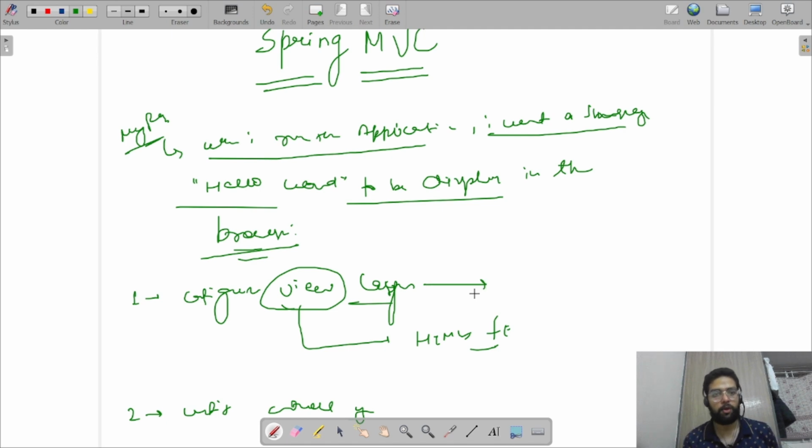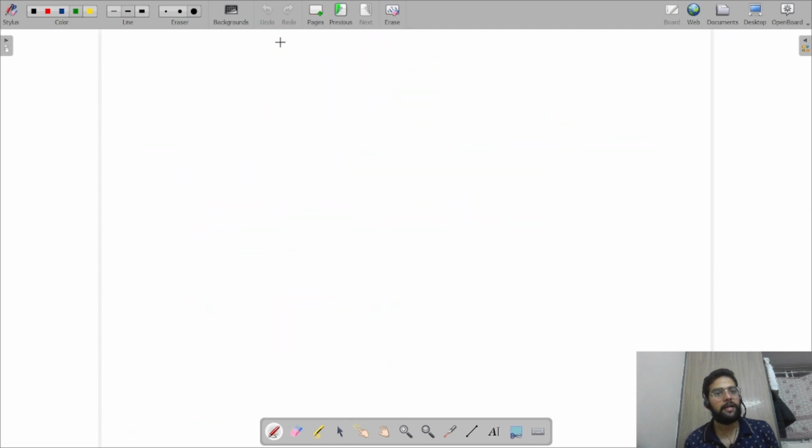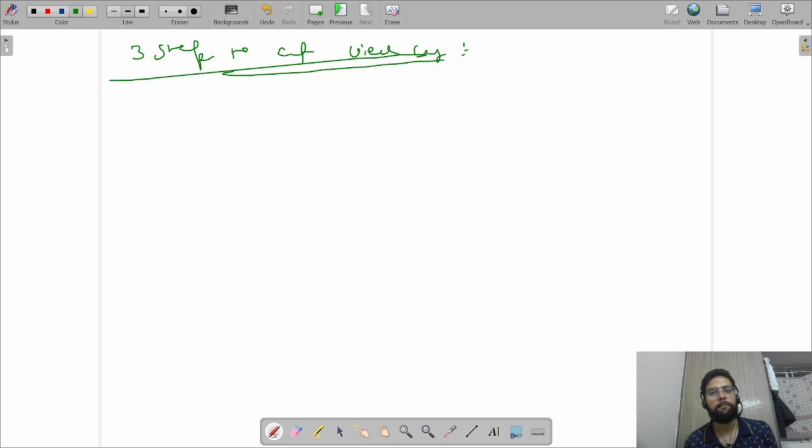Please be focused, because I'm going to show you how we configure our view layer first in a theoretical way, in detail, and then we'll go into our application and configure it there. There are 3 steps to configure the view layer. This is the most important part of this video. The rest are very easy. The first step,